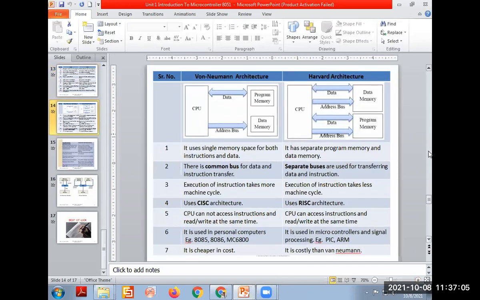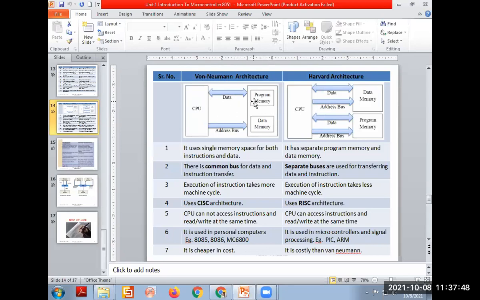That is von Neumann architecture and Harvard architecture. As I told last time also, this classification depends upon the RAM and ROM memory, how they are used in the controllers. In von Neumann, John von Neumann is the name of the scientist who invented the von Neumann architecture. And Harvard is also the name of a scientist who invented this kind of architecture. Looking at the diagram, you can easily understand that we have a basic difference. What is that? What is the difference?